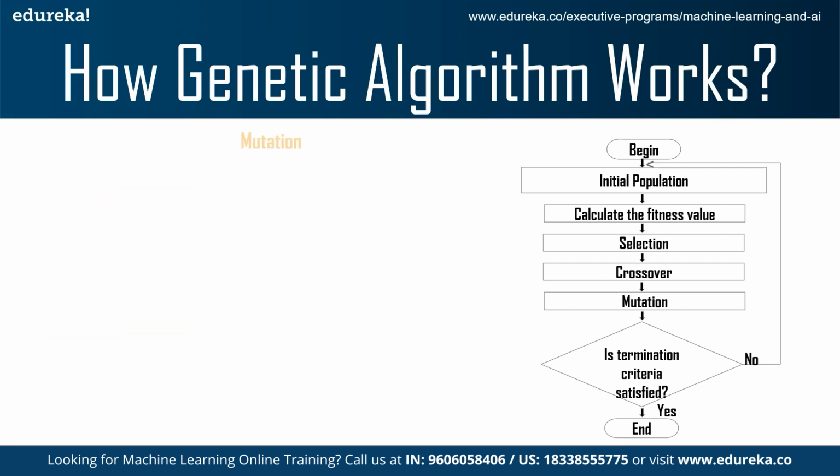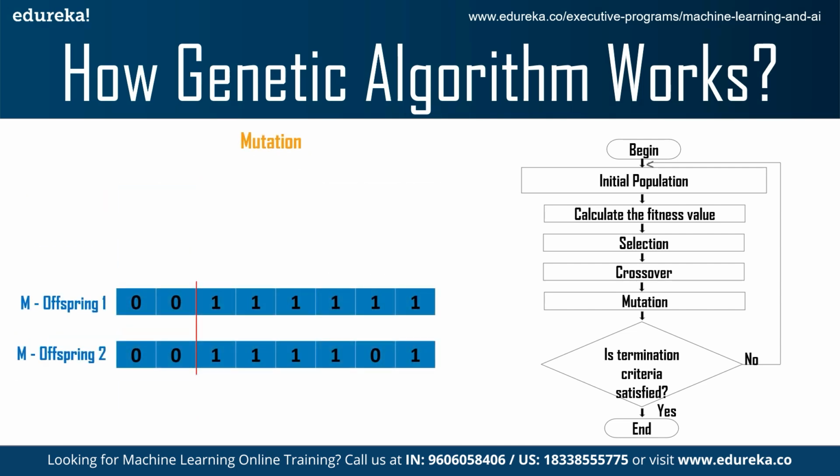So the next step is mutation. In mutation, what happens is that we take the result of offspring one and offspring two. Now we will mutate one more good quality. Suppose there is a good quality, we need to mutate. So here we mutate one good value. If we do that, we get offspring one as a very good solution. At the same time, offspring two is a little better as well, the mutated offspring two. But it still needs to be improved, right?